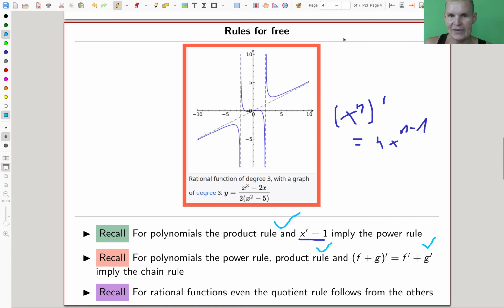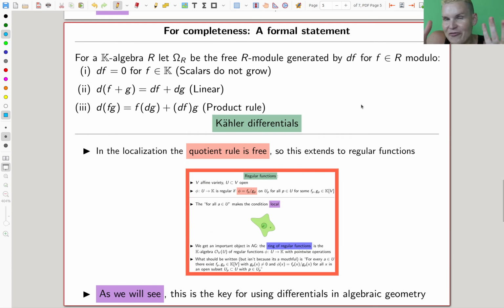My favorite trick in mathematics altogether, because in mathematics you can just define what you want. So you just get rid of all difficulties by just defining it the way it works. Here we go. For a K-algebra, K is our field, and really you should think of polynomials as a polynomial ring. But in principle it works for any K-algebra, with the Omega of R, which people usually call the Kähler differentials, the set of Kähler differentials, and it's really just